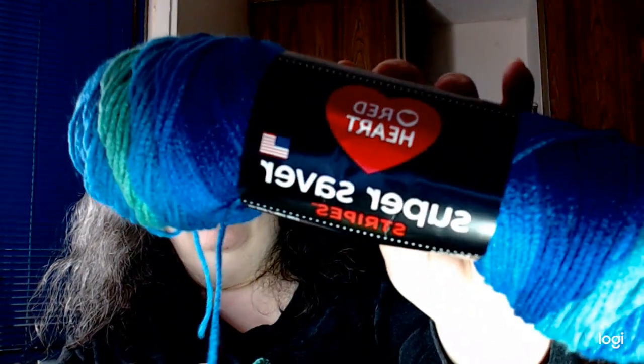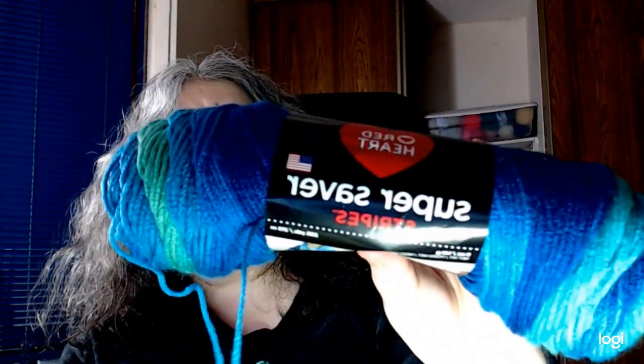So this is a freebie pattern, and I am knitting it out of Red Heart Super Saver Stripes. This is what's left. So this is going to be the sleeves, the button bands, and whatever's left over is going to go into that bin right there, which holds my Granny Squirrel blanket project. It is Red Heart Super Saver Stripes in the Cool Stripes colorway,